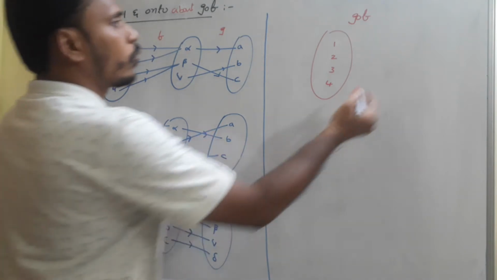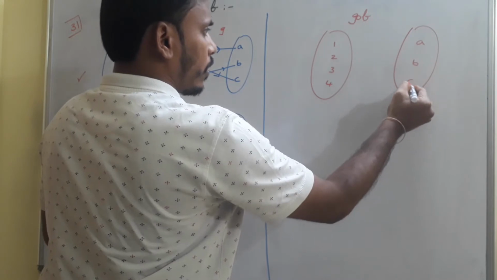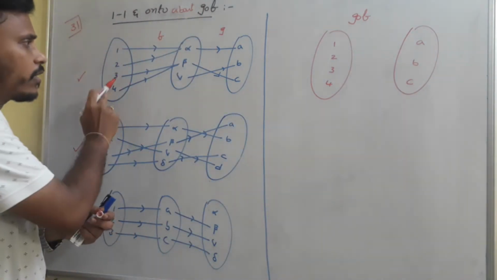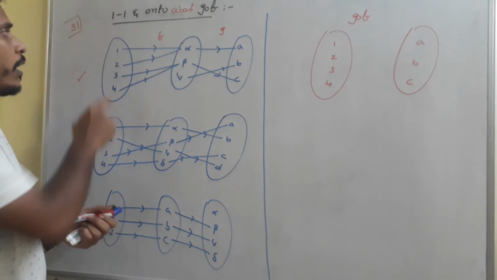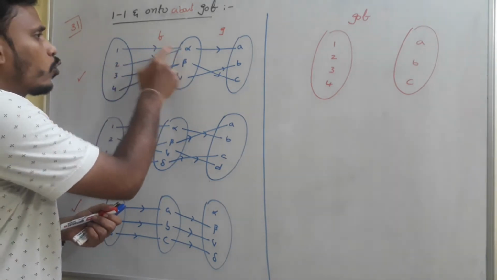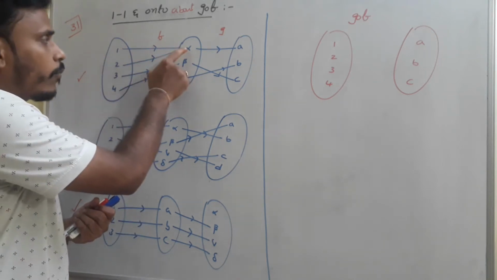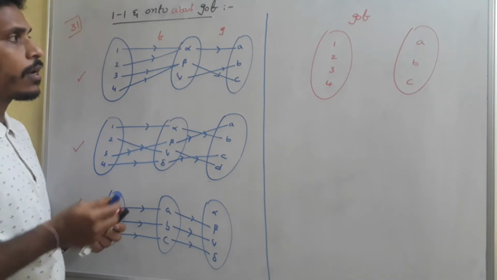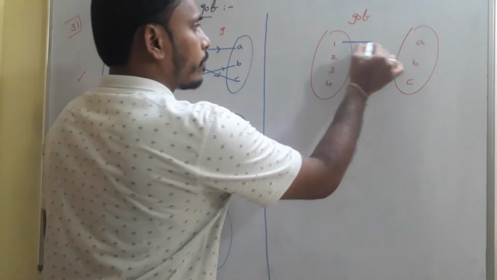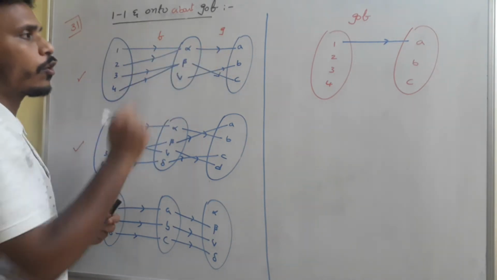to ABC. G circle F will connect this first set 1, 2, 3, 4 to the last set ABC. Is it right? Okay. Here 1 to alpha and 2 to alpha. So 1 connects to alpha and alpha connects to A. So G circle F connects 1 to A directly. That's one thing. And next one, 2 to alpha, alpha to A.